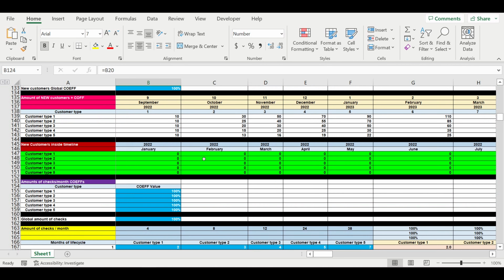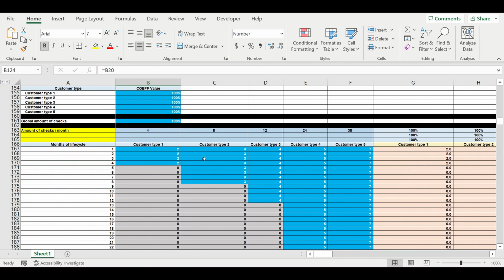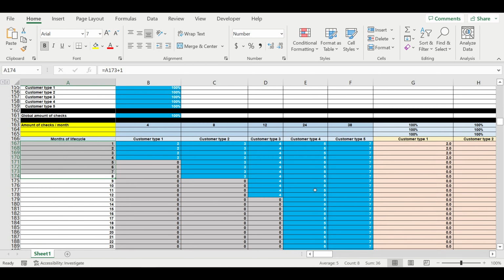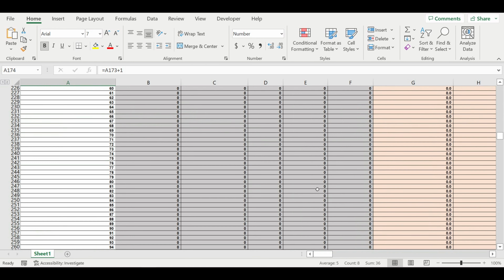Then we look at customer behavior, describing how many purchases per month each type of customer makes. So for example, customer number 2 makes 3 purchases per month during his 8-month life cycle. Then we specify